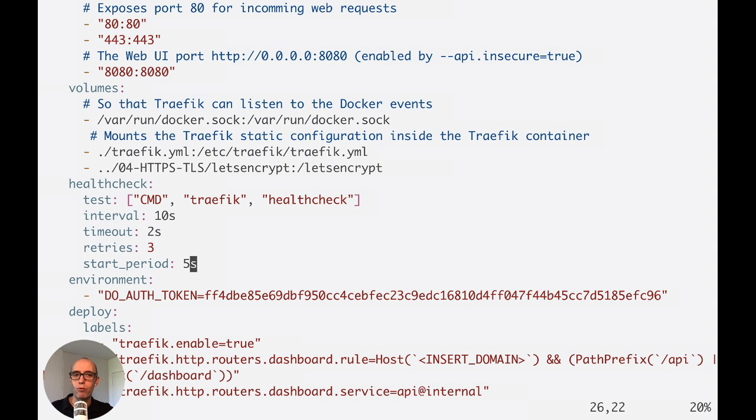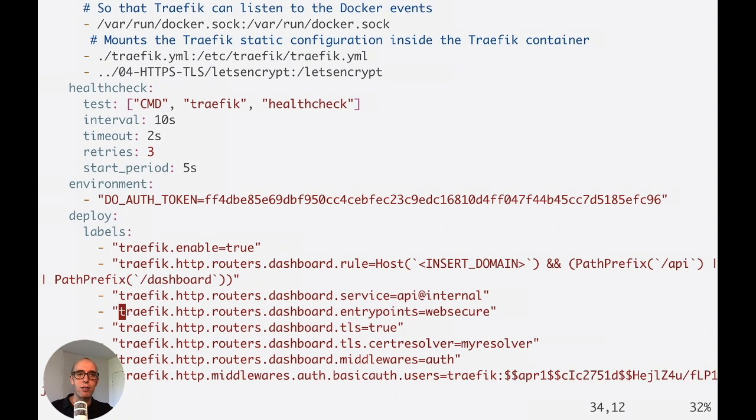We can also put some restarts in there. So if the container fails or goes into fail mode, we can actually restart the container. In the environment, we're adding our DigitalOcean token once again, because we want to generate Let's Encrypt certificates. And then down here, in the labels of Traefik itself, we're enabling Traefik true. For the router dashboard rule host, we need to update this with our domain. So we are going to put in